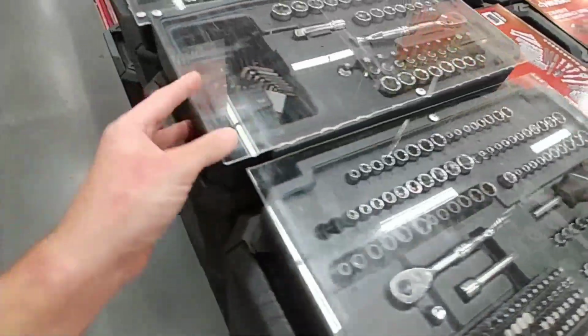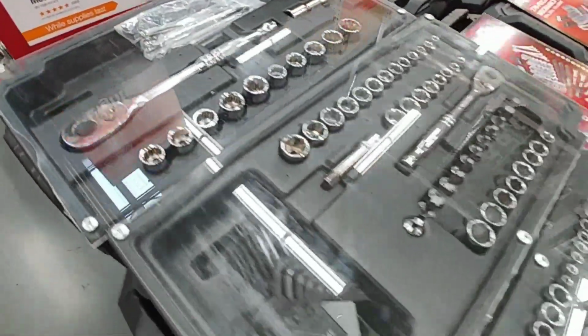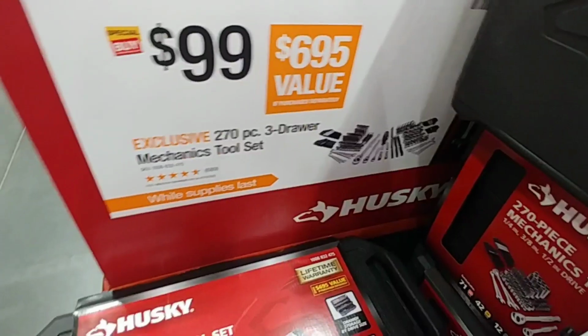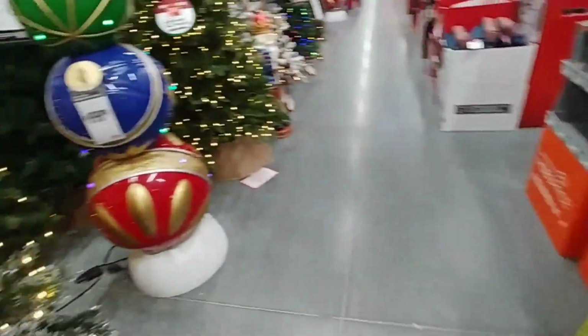Got a million bits though. Looks like you get some security bits. Then the half-inch stuff looks like you get no deeps. Looks like you don't really get many deep well sockets. $99. And just a lot of stocking stuffer stuff here. Maybe I should have done a better job recording that, but...